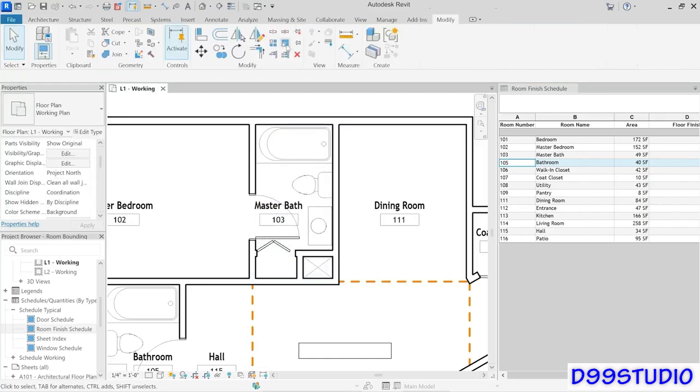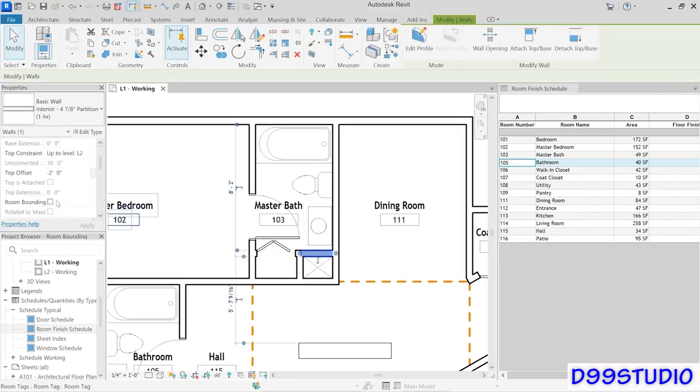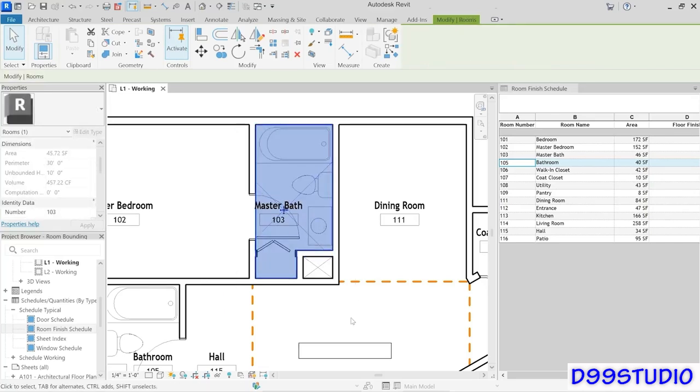We'll go to Modify. We'll use our Split Element tool. We're going to split that wall right at that location, then come back and select this portion and turn the room bounding back on again. And now we've got the master bath shaped the way that we want, and including the area of the linen